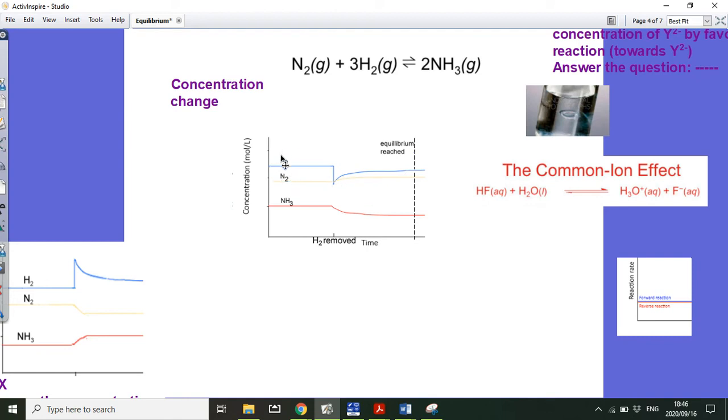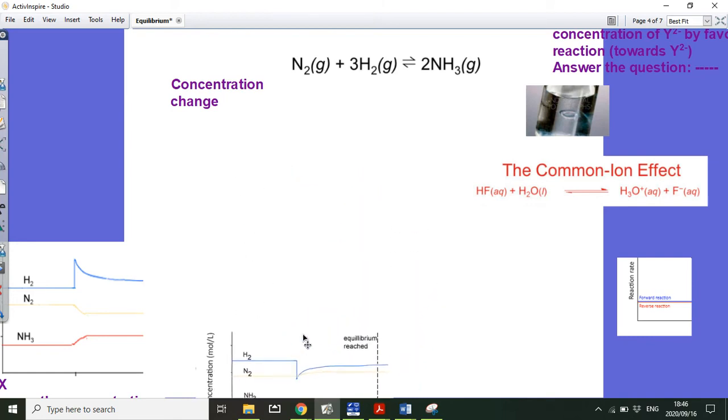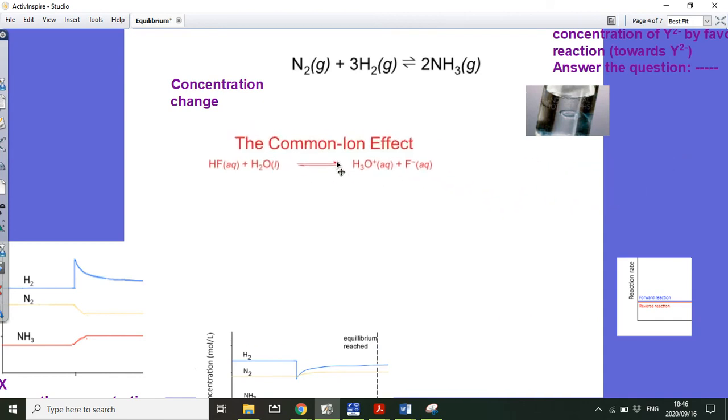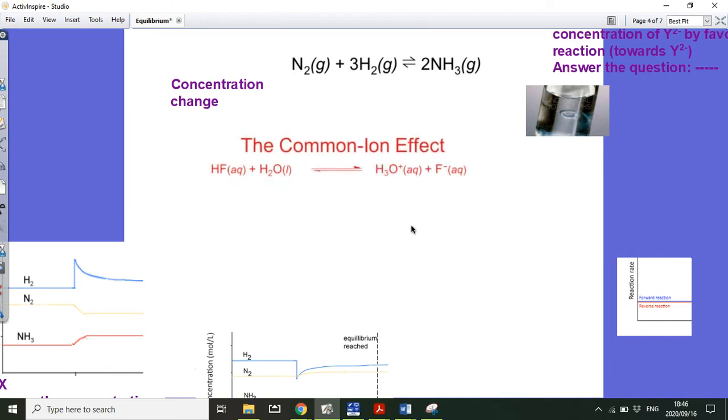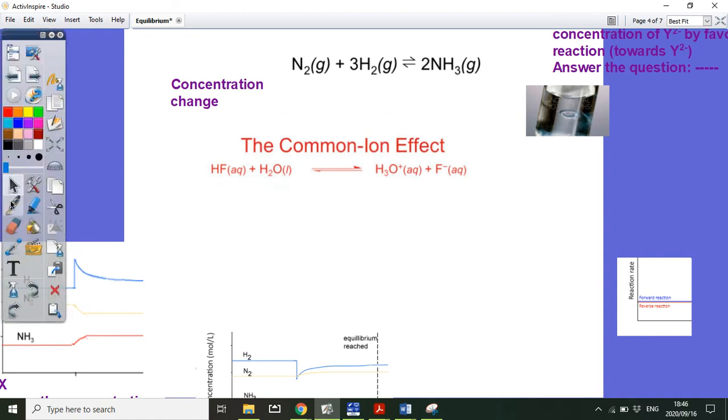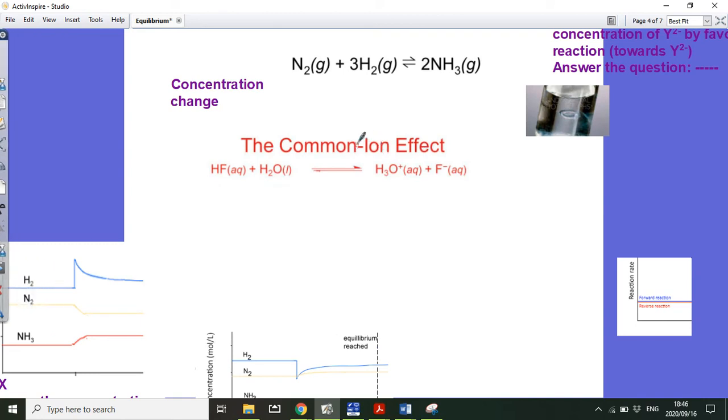Now, this doesn't often happen. We can't just pull one gas out of there because then we're also going to make all kinds of other changes, since we're changing the pressure. So that is a bit hard to do. So what more often will happen is that you have an ion. The common ion effect is very similar to the adding of H2. So if I take that reaction there and I go and add something, let's say I go and add